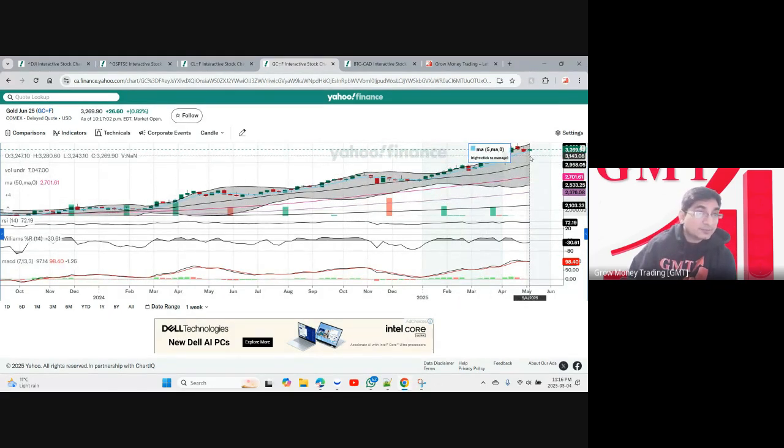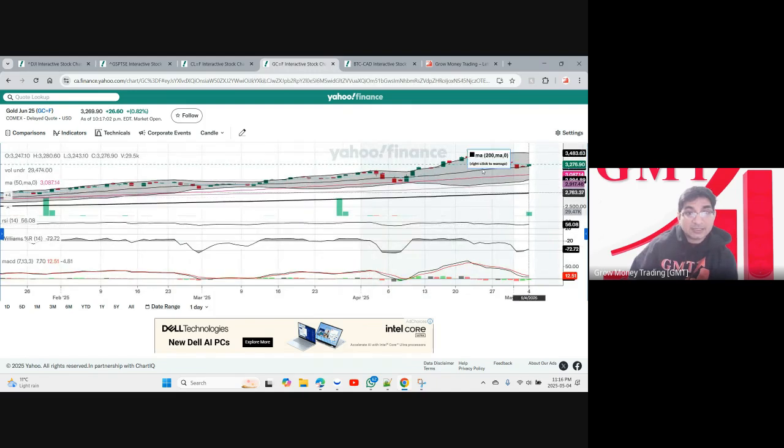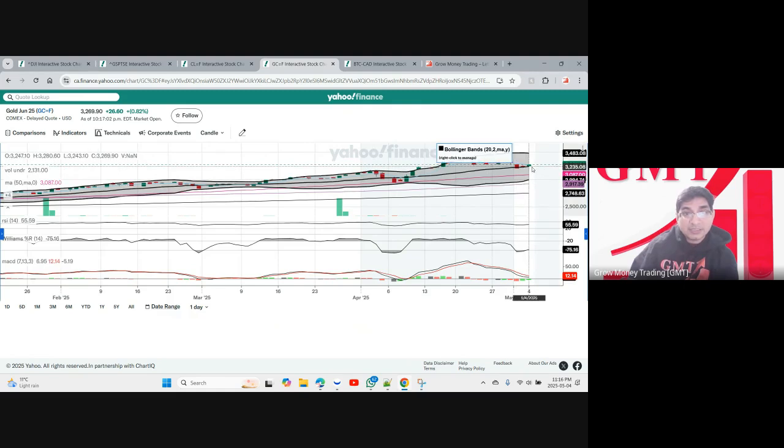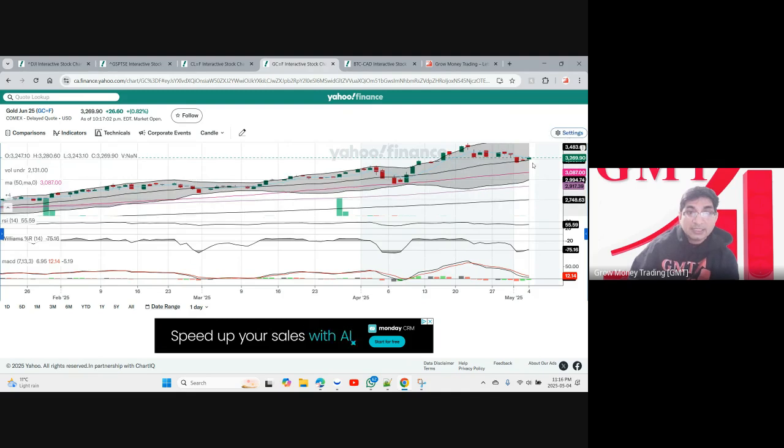Although it has had a positive opening this week, looking at the last two candles and the indicators, it is still in overbought region, and you can expect correction to continue. There's some correction that has happened in the last 2 weeks, but you can expect it to correct further. Currently, it's sitting on the mid Bollinger Band on the daily chart. It appears to be taking some support, and if this acts as a support, the next resistance level